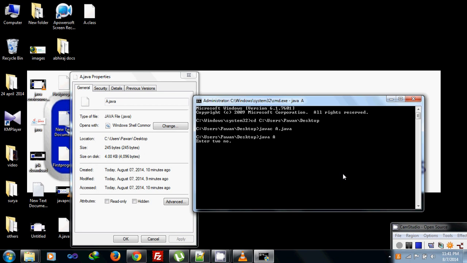Since I have written println, it is giving down 5. Now the next number, 6. So the output is 11.